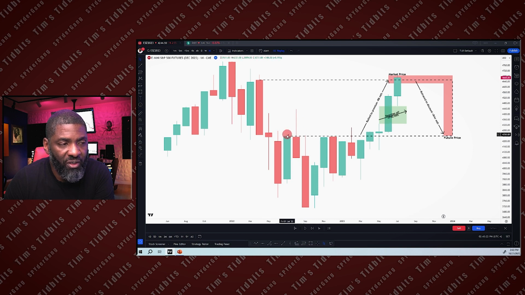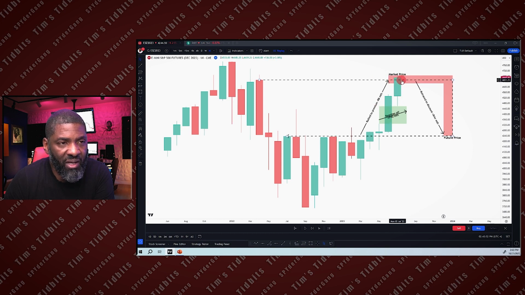Remember, you look for from the mitigation block all the way up to the old high or low. In between there, no mitigation blocks, no breakers, no liquidity voids, no fair value gaps, no order blocks. Only thing we have is a rejection block and an old high. So we rallied all the way to the rejection block. There's an old high also. Rallied to the rejection block and stopped.